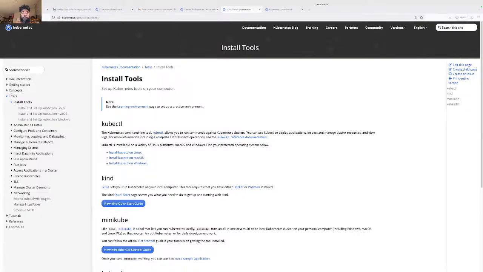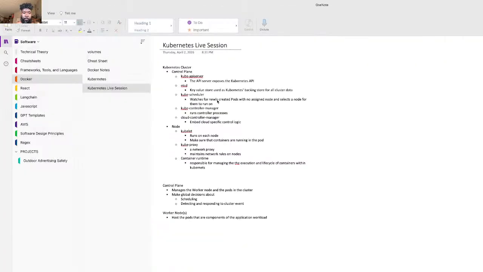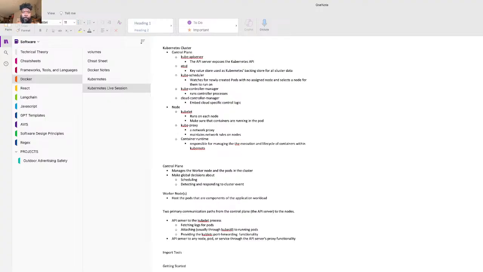Let's start with the important tools. Let's go over here. All right, let's show this screen as I go over my important tools. We're going to start with kubectl, and we're going to show that.